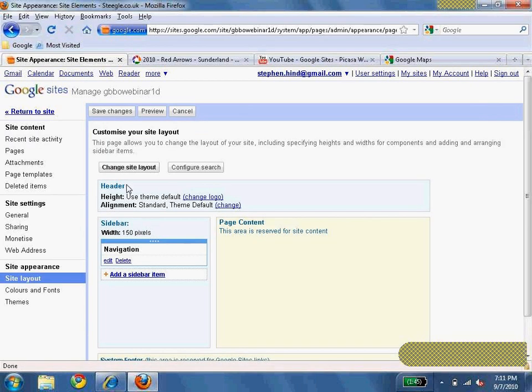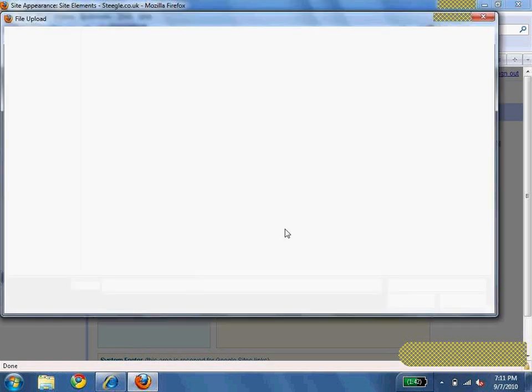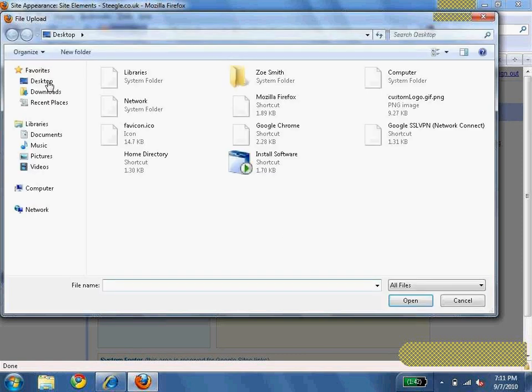In the Site Layout, in the header section, you can change the Logo link to your logo. For the logo, you can use the Browse button. That may be a Choose File button depending on the browser you're using. Click on Browse or Choose File,